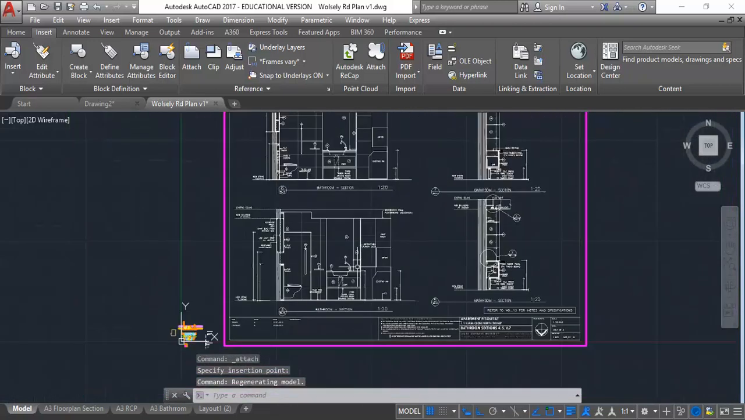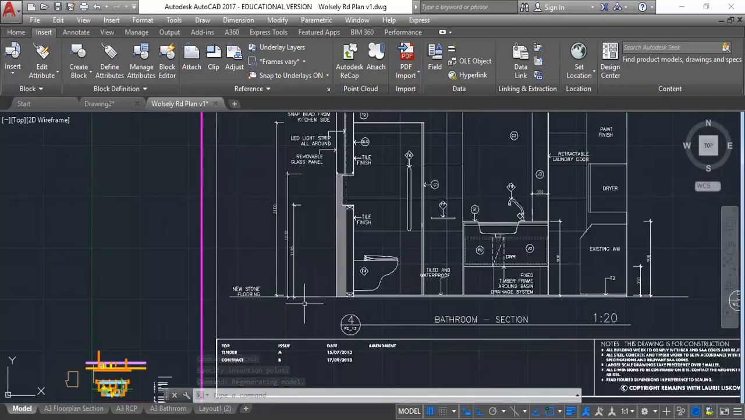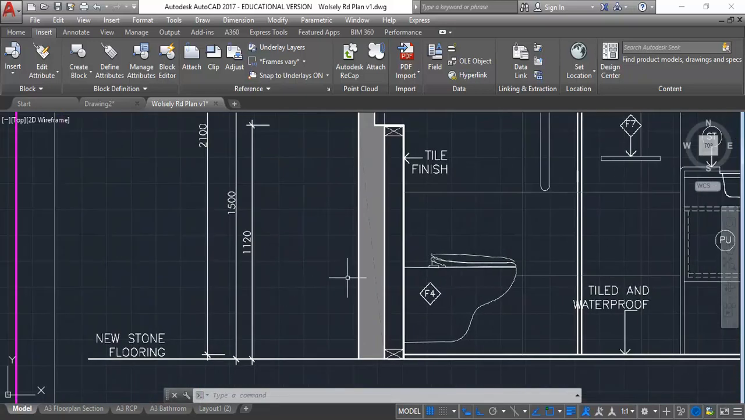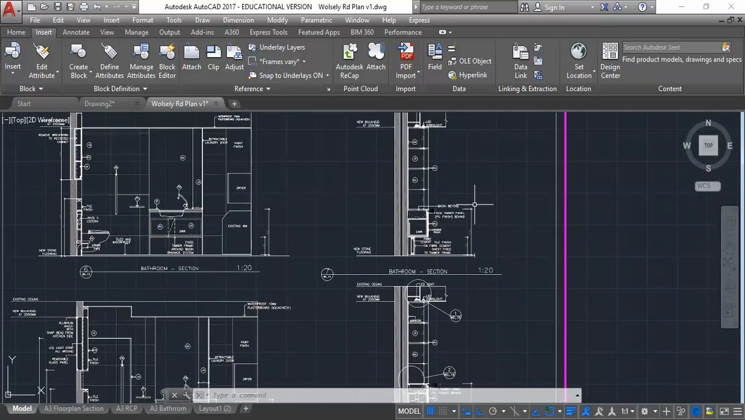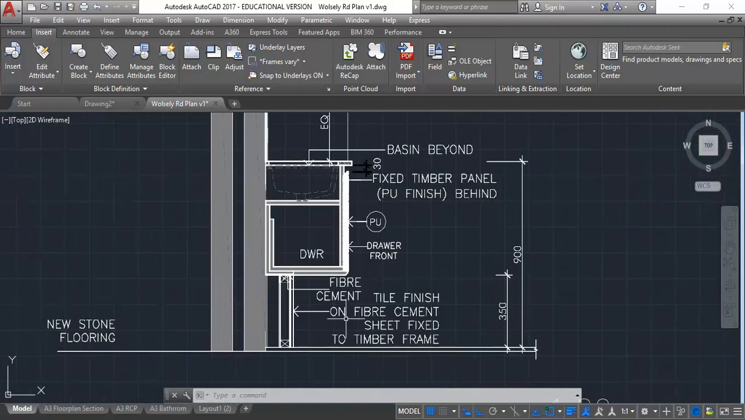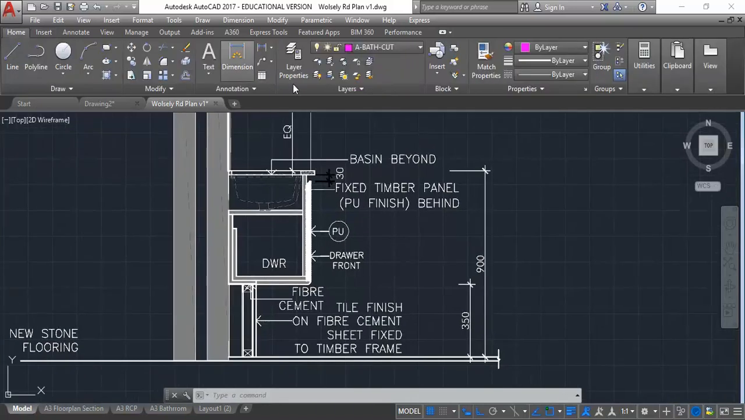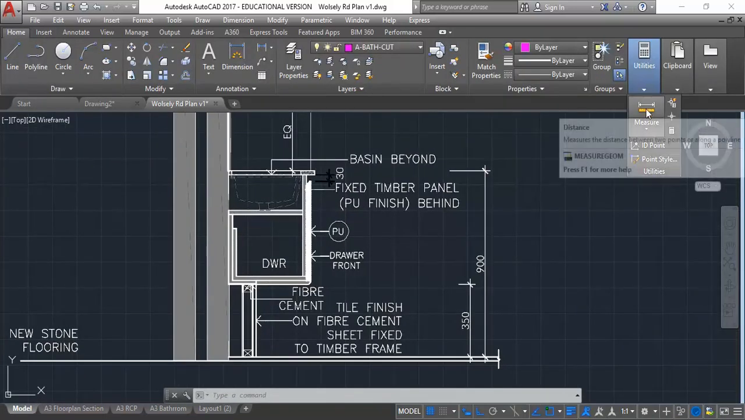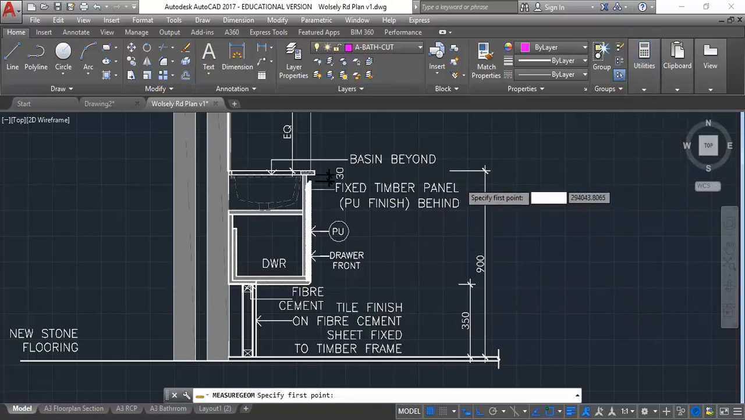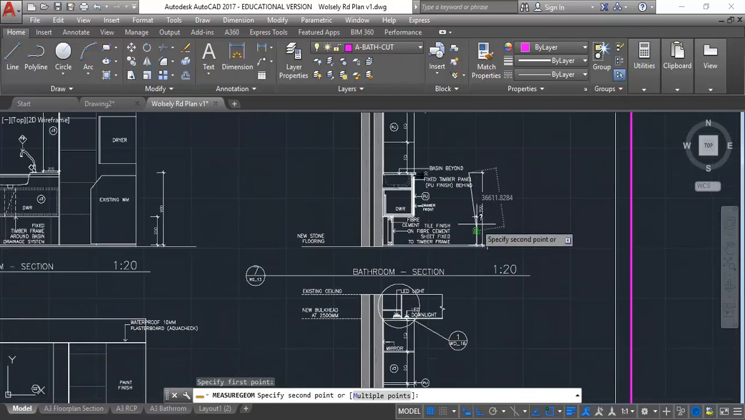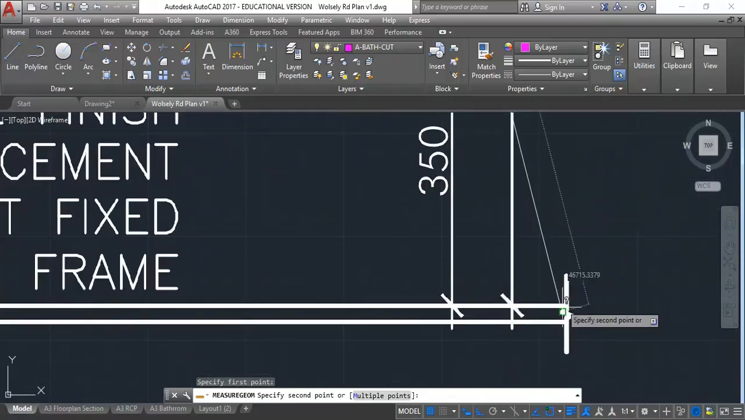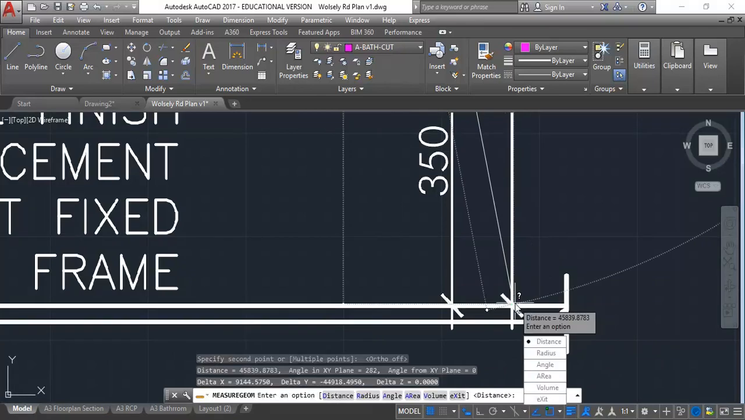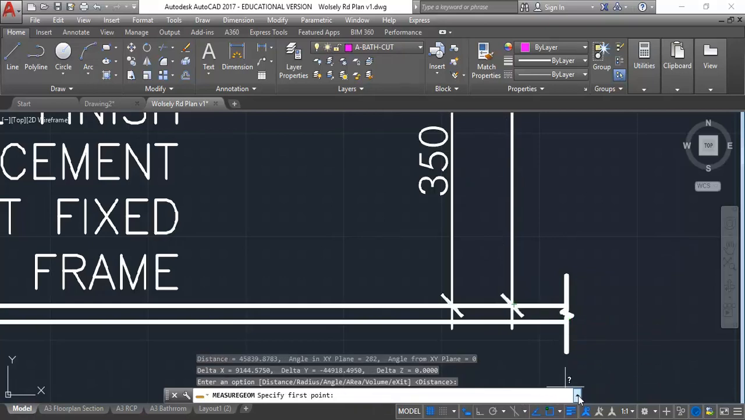So now I can zoom out to find a dimension, and maybe because I'm going to be drawing the vanity unit here, I'll find a dimension in that area. So just like before, I'm going to now measure between my dimension lines. So again, thinking about where the dimension goes to, which is where the tick is there, and enter, escape,